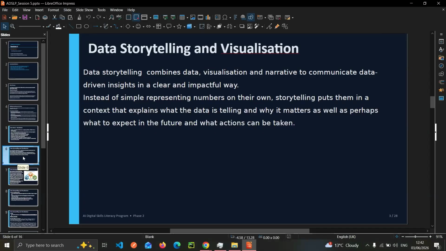In data science or data analytics, we'll come across terms like data storytelling and visualization. As we came across in one of our previous slides, effective communication and data storytelling are human-centric skills important in the usage of AI in the context of data literacy using AI.